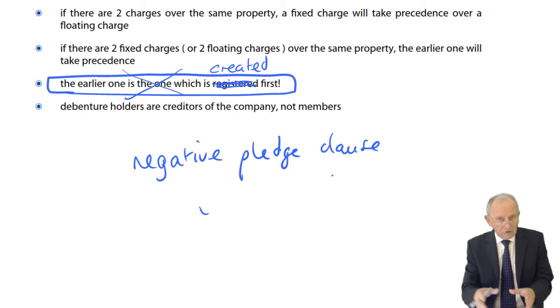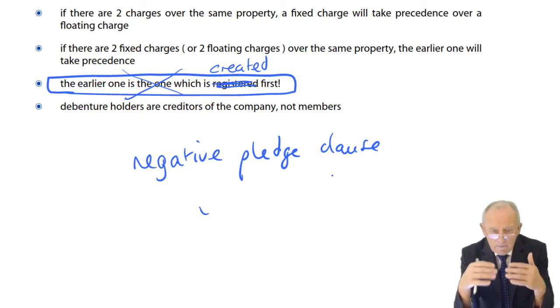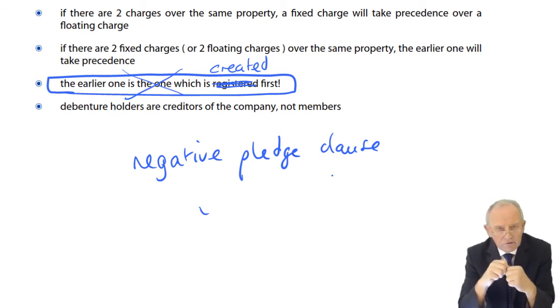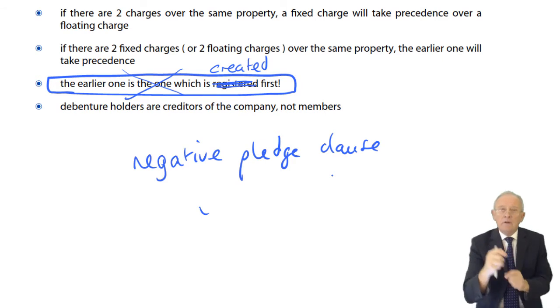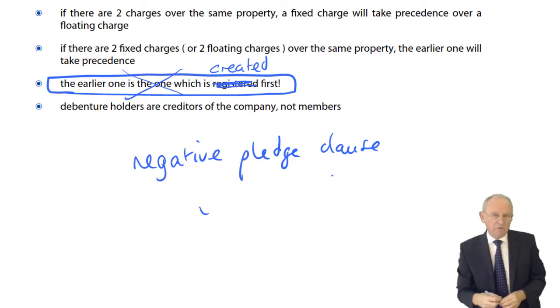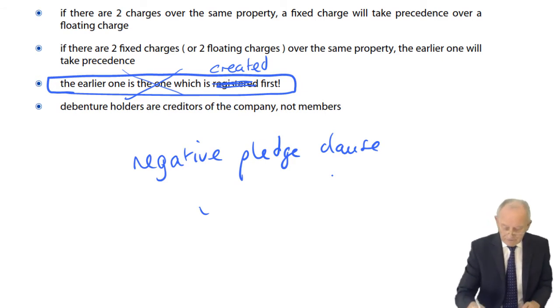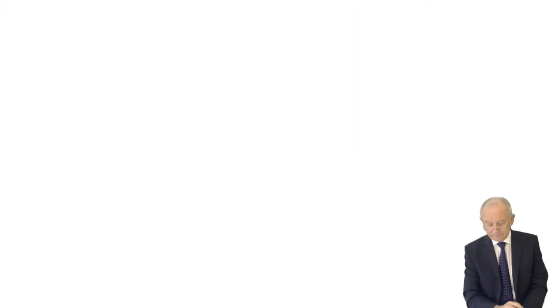If they acknowledge that instead of being the primary claimant of this property, which is their security, somebody else is going to step above them, if they're quite happy for that situation to continue, fine. But if they're not, then they can ask for repayment of their loan. That's the effect of a negative pledge clause.